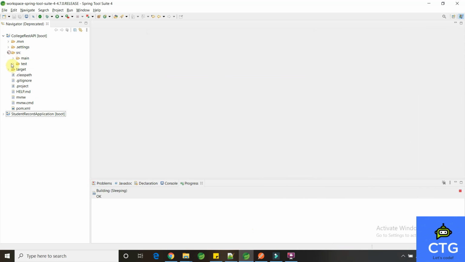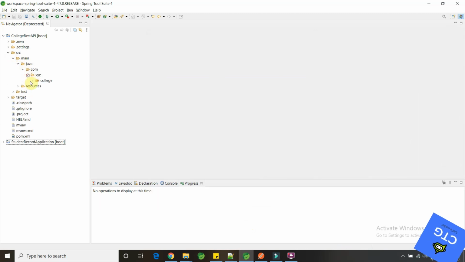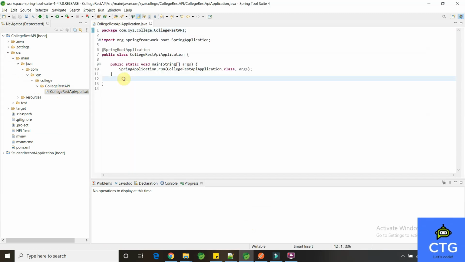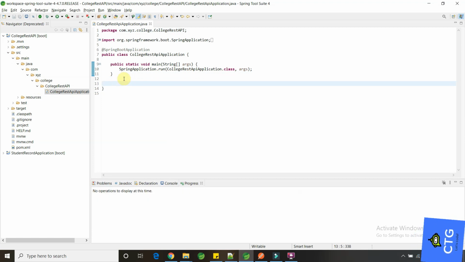So you can see. Let's get into the main class. Here is the @SpringBootApplication annotation. This is the start point of the project, as you know. We are going to use the REST template framework, and for that we need to create a bean definition. A bean definition can be created in two ways.